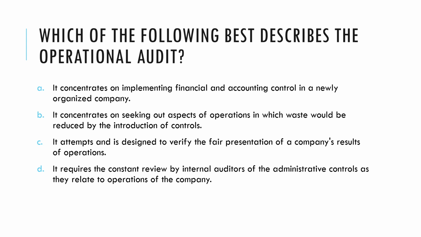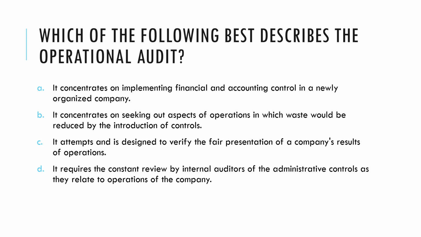Letter A, it concentrates on implementing financial and accounting control in a newly organized company. Letter B, it concentrates on seeking out aspects of operations in which waste would be reduced by the introduction of controls. Letter C, it attempts and is designed to verify the fair presentation of a company's results of operations. Or letter D, it requires a constant review by internal auditors of the administrative controls as they relate to the